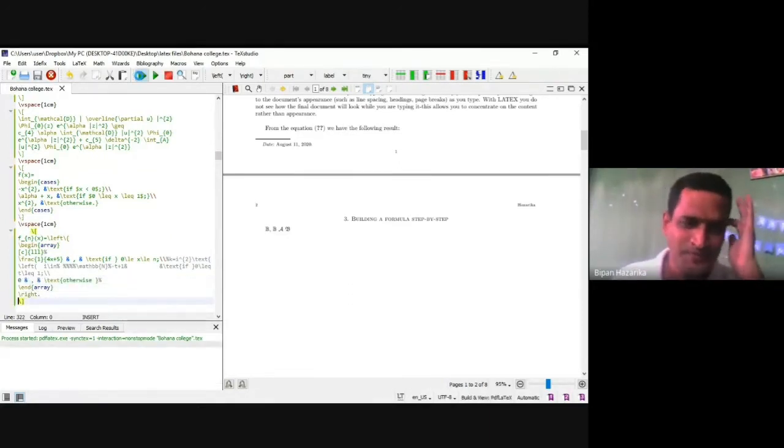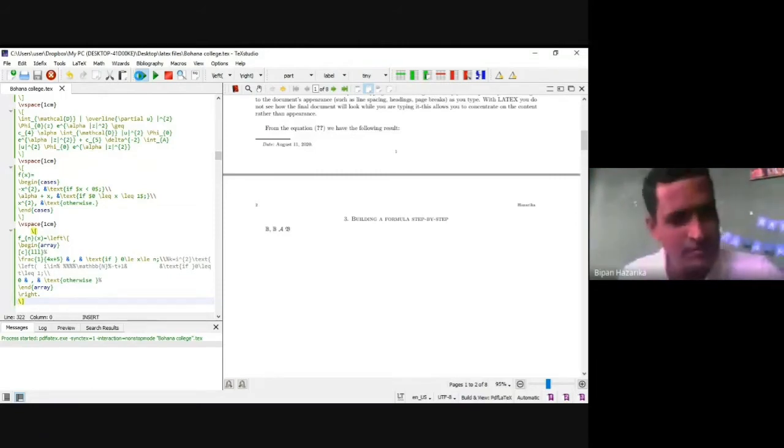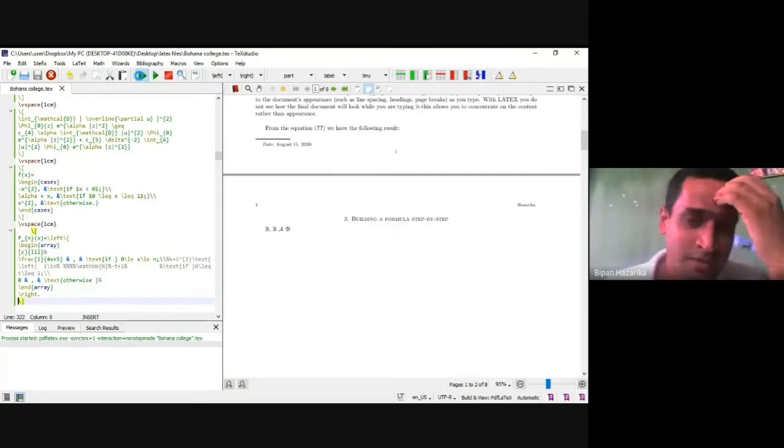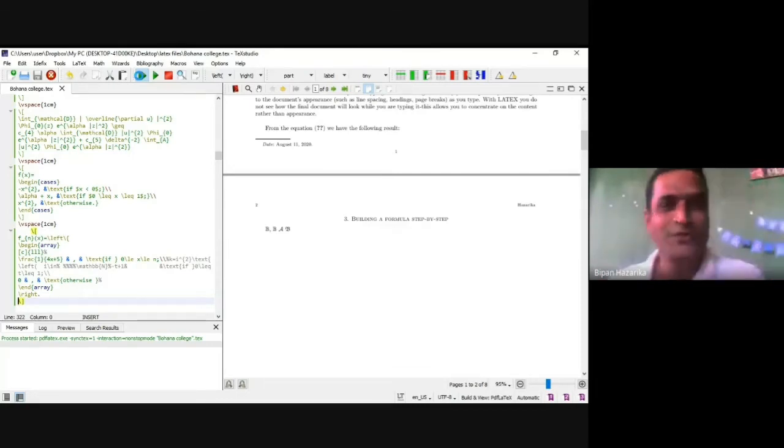Now I run. Because in this file there is a figure and different mathematical expressions, it takes time for the output. So please be patient.